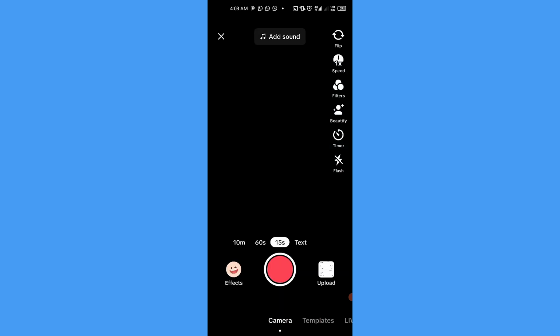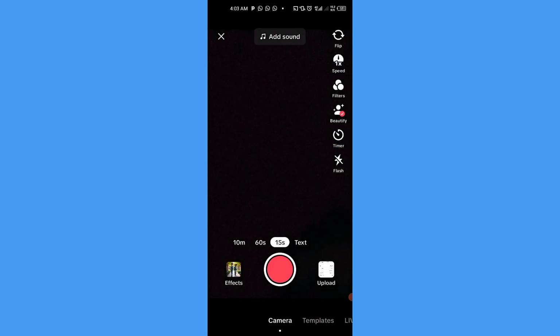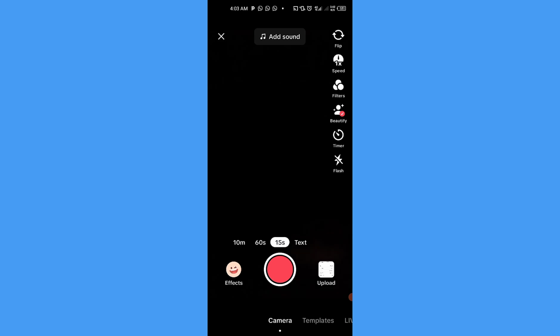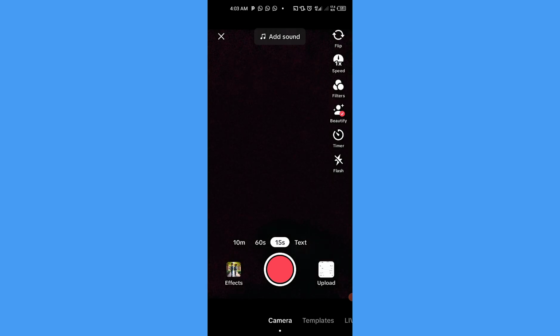Okay, so this is what you have to do. Tap on the plus icon in front of your screen on the home page. Then tap on upload, plus icon, then tap on